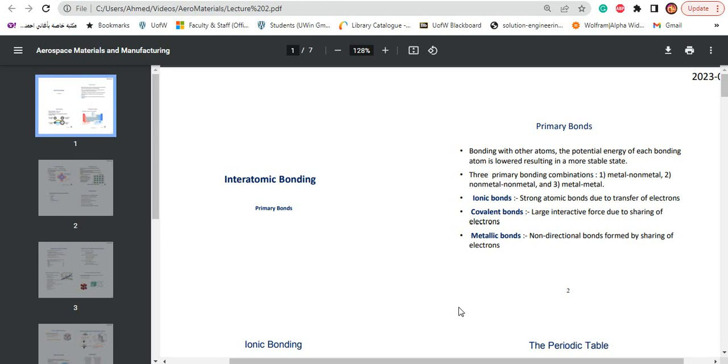الدرس الثاني في Aerospace Materials لسنة رابعة. والنهاردة هنتكلم عن الـ interatomic bonding والـ primary bonds. فهنقرا مع بعض النهاردة: bonding with other atoms, the potential energy of each bonding atom is lowered, resulting in a